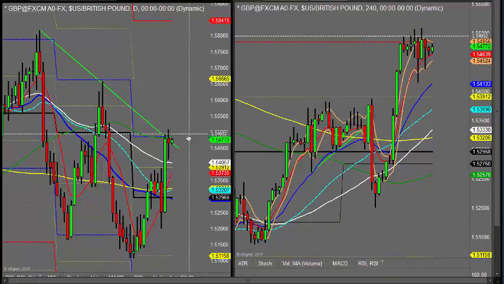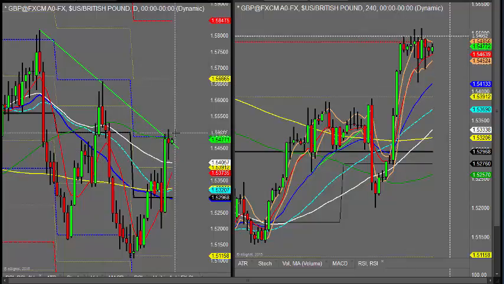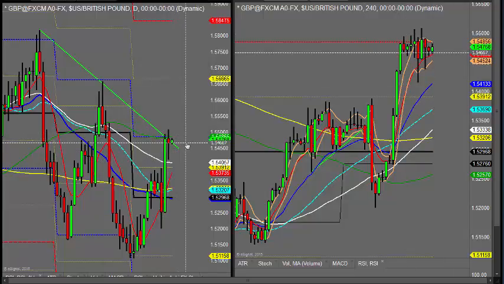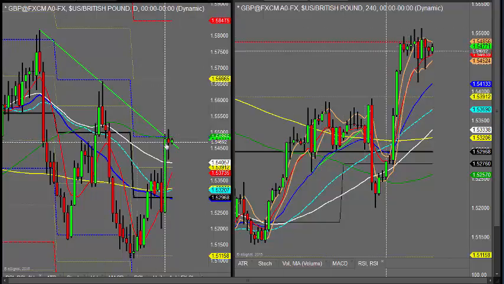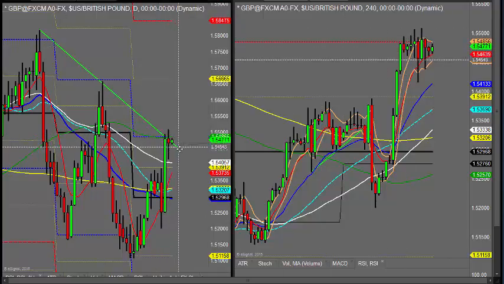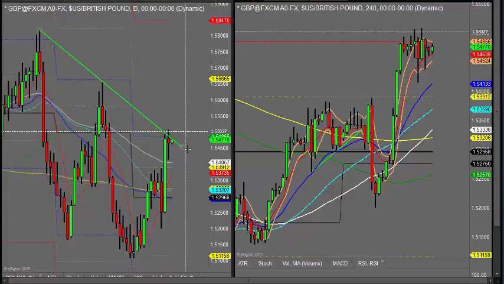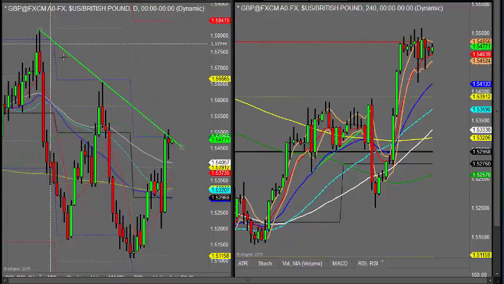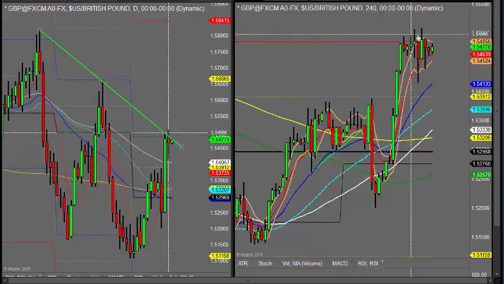Cable was a bit of a different day. In fact, it had more of a consolidation day yesterday after the previous day, so it wasn't a massive surprise to see it not move too far. It had a really big shove up. It's trying to break this trend line here on the dailies. Not quite successful at the moment. It's broken but not closed above at this juncture.